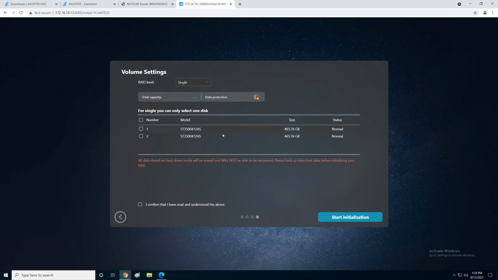And then as you can see, it found these 2 500 gig disks. Now that's fine. I wanted to use these 2 500 gig disks because I plan to upgrade them to 3 terabyte disks later. So for now, we're just going to start with these 500 disks. So let's see what we can do with them. If I choose both of them,